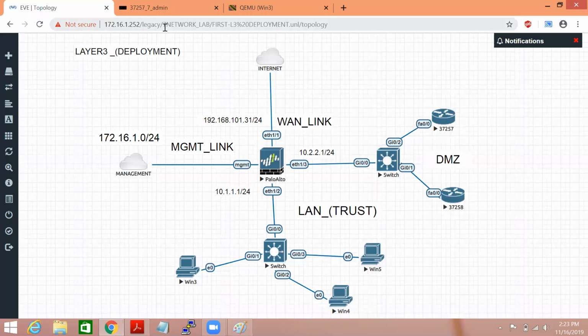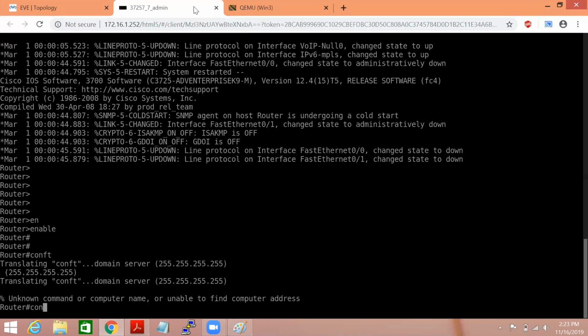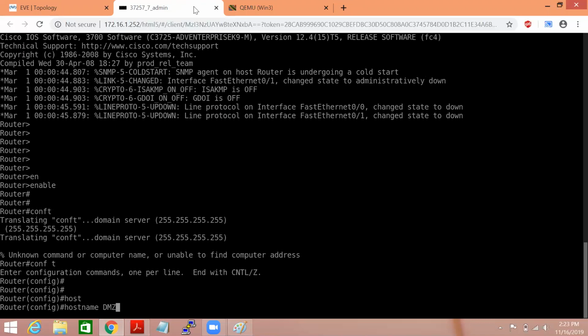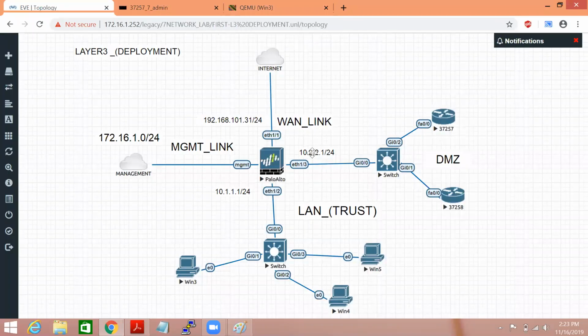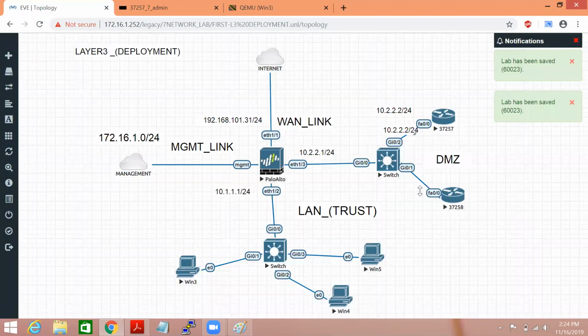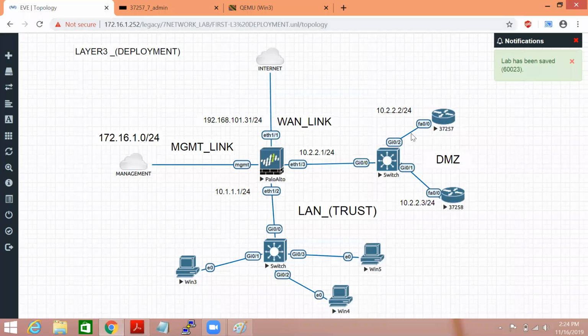So let me configure the IP address on this DMZ server. Let's say I'm giving the host name of this Windows device as DMZ server 1, and I'm going to configure the IP 10.2.2.2 on interface 0/0.